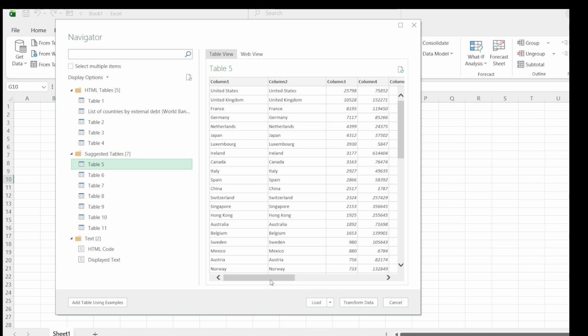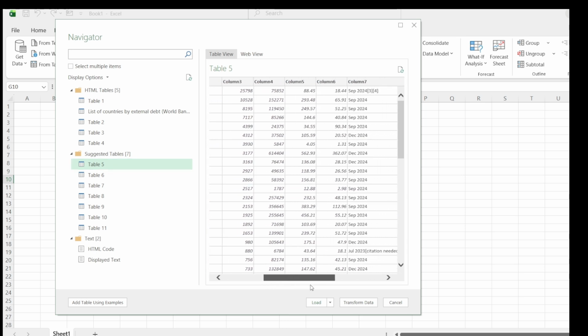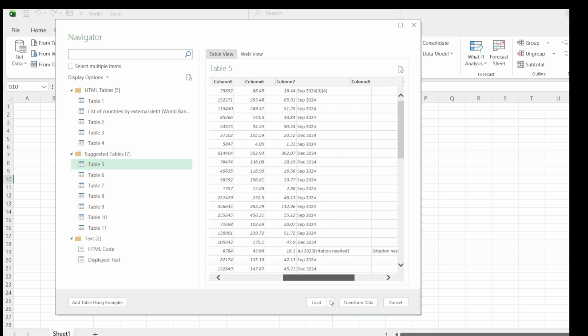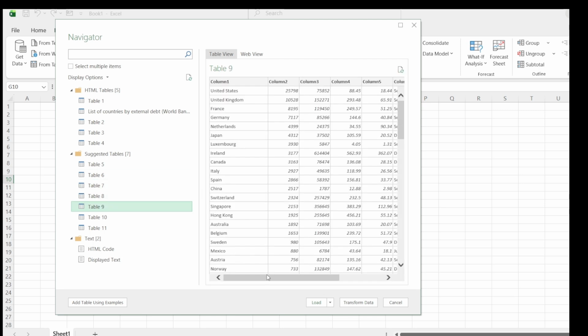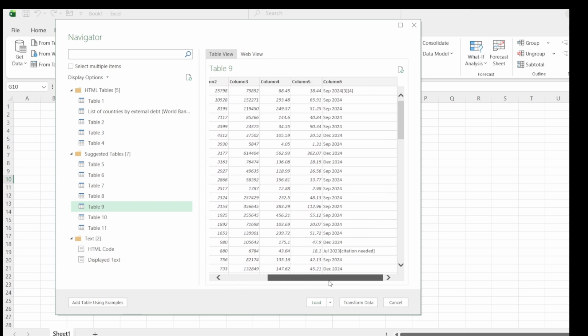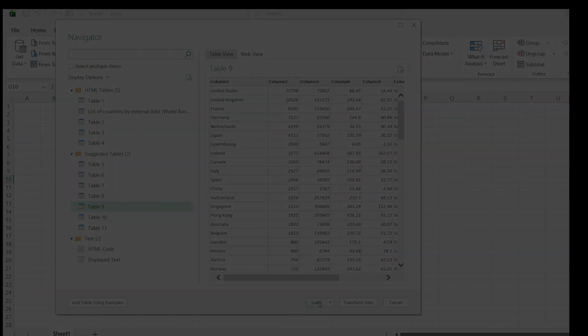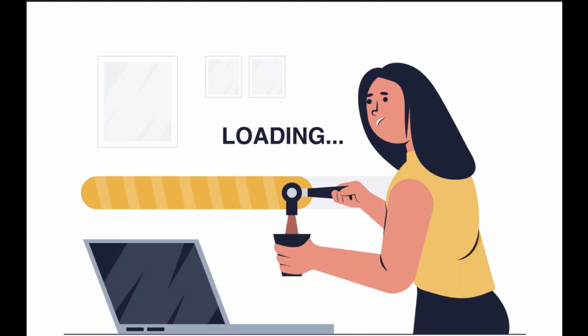It will load all the tables available on the web page. You need to simply go one by one and see the preview. I have chosen one of them which we have seen earlier, and it's table number 9. So what I'm looking for, once I find it, let's preview it first and then click Transform Data. It will take a little time and table 9 is being loaded